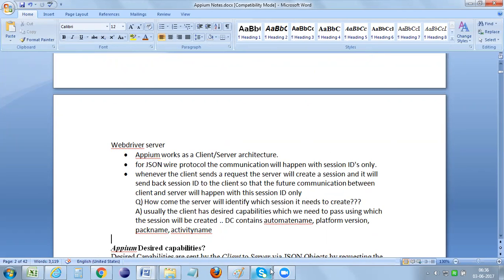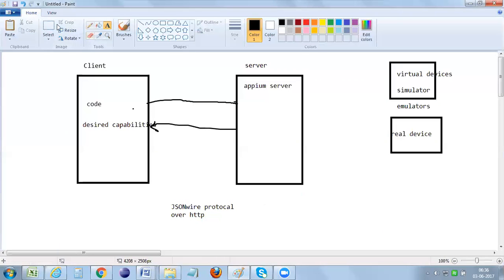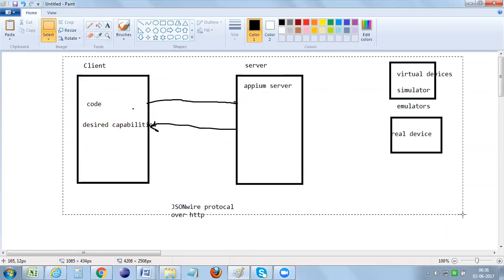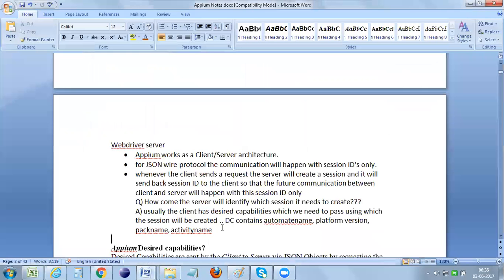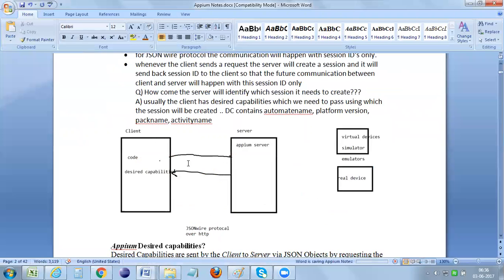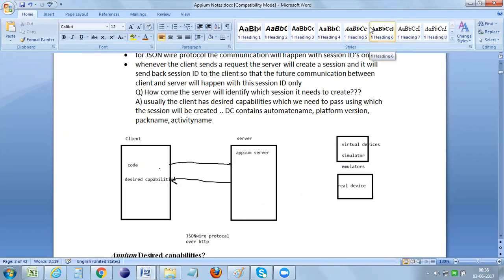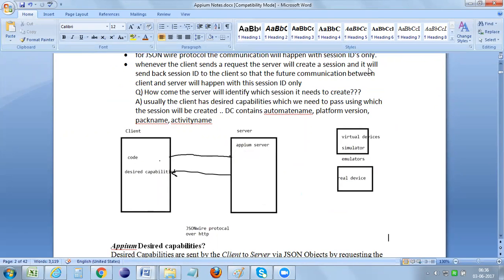Cool. Guys, is this architecture clear for everybody? How is this Appium going to work? Or do you have any questions for me on this? I'm updating this document. Is this point clear for everybody? You can reply to me in the chat window, Sweta, Uma. Cool. So guys, another small thing here is